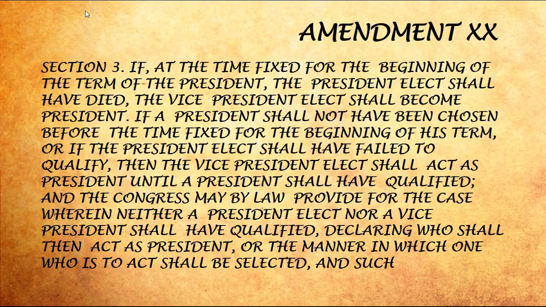Section 3. If, at the time fixed for the beginning of the term of the President, the President-elect shall have died, the Vice President-elect shall become President. If a President shall not have been chosen before the time fixed for the beginning of his term, or if the President-elect shall have failed to qualify, then the Vice President-elect shall act as President until a President shall have qualified, and the Congress may by law provide for the case wherein neither a President-elect nor a Vice President shall have qualified, declaring who shall then act as President, or the manner in which one who is to act shall